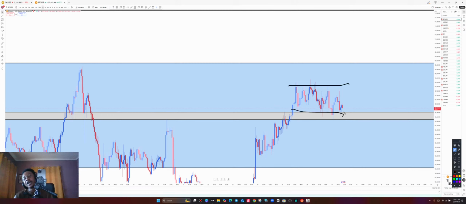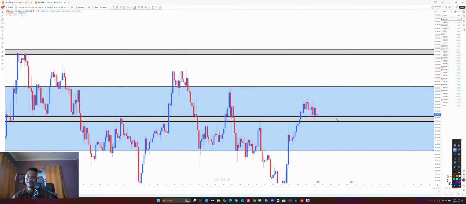Before we can buy though, we need a strong candle confirmation. Let's go back to the 4 hour time frame, and we're waiting for the strong candle confirmation there before we can buy, right? Let's go to 4H. So this is the 4 hour time frame of BTC USD. We're going to be waiting for a strong candle confirmation here before we can buy to the upside. Now, a strong candle confirmation will mean that what? That candle confirmation will be able to break the range on the lower time frame to the upside.